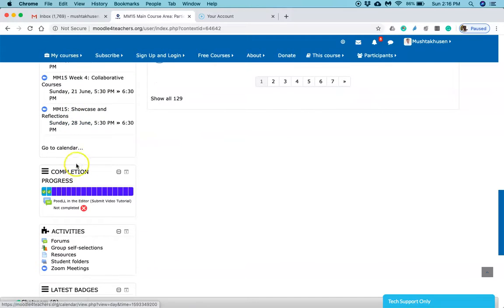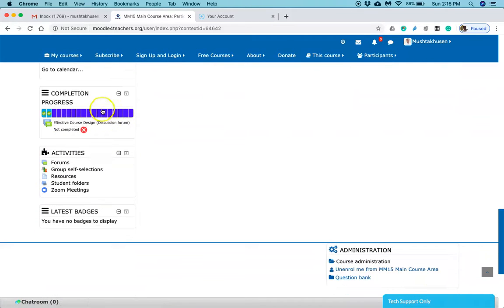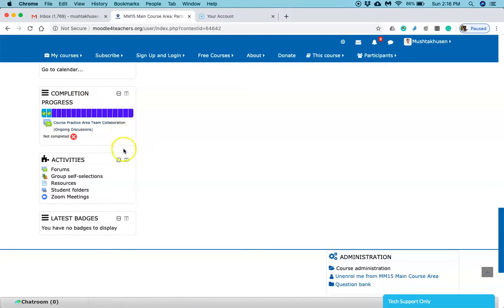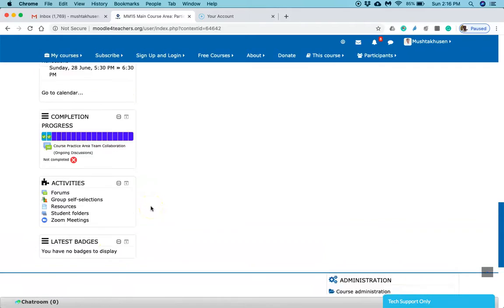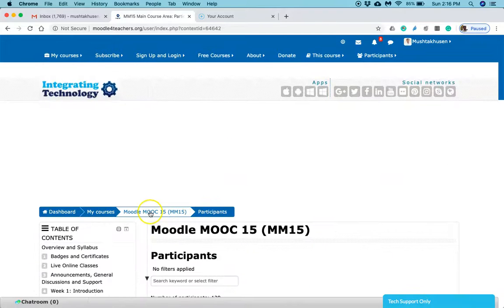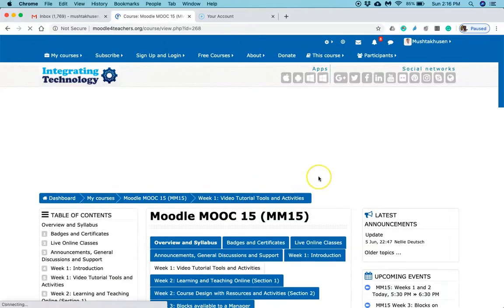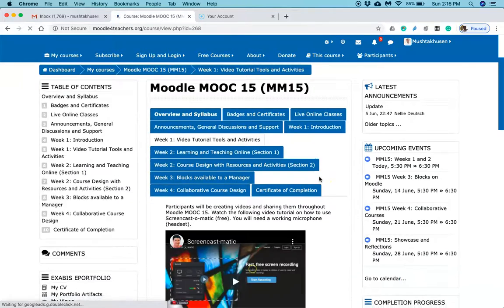You can go to the calendar, and you can see your progress on the course. Then activities, again the same thing. Then you have no badges to display because I haven't set any badge for this course so far. So these are the features on Moodle MOOC 15.